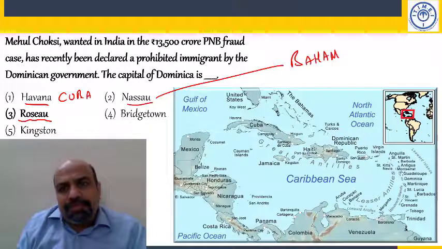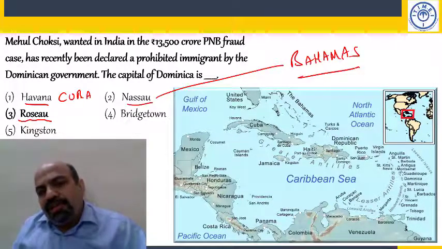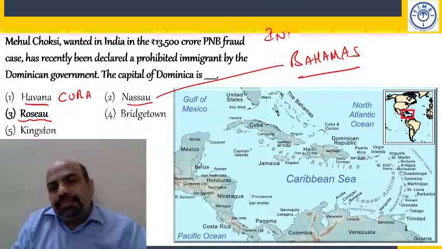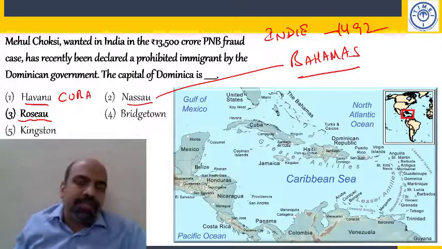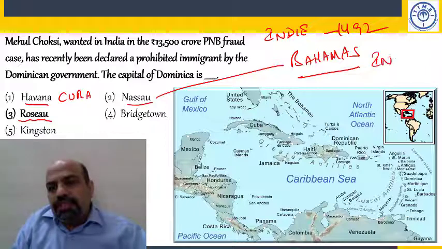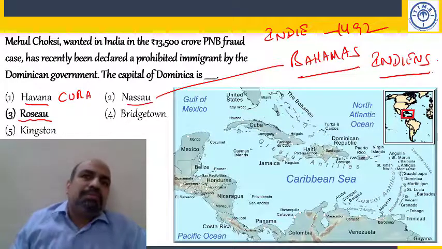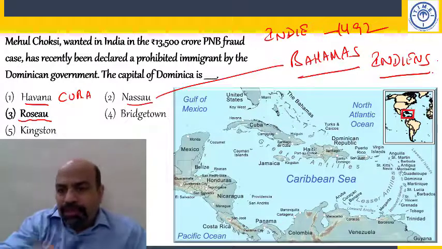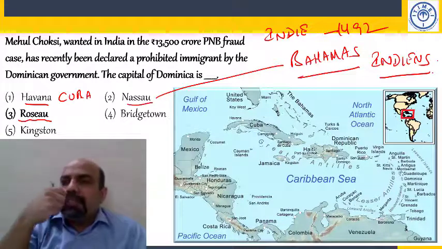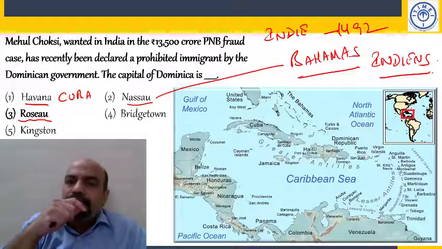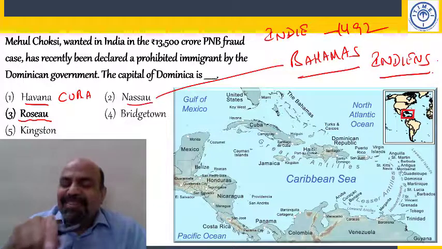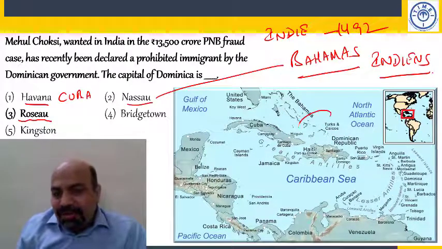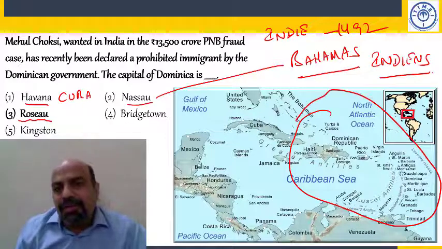This is where Christopher Columbus had first come. Okay, and he thought he had reached India, so he called this place Indy. He thought he had reached India in 1492, and he called this place Indy, and the locals were called Indians. But on his subsequent voyages, he made 4 voyages here. On his subsequent voyages, he realized he had not reached India, and he called it West Indies, west of India. Alright, that's how the name comes. These islands together are called West Indies. In fact, you could include Cuba also in that.